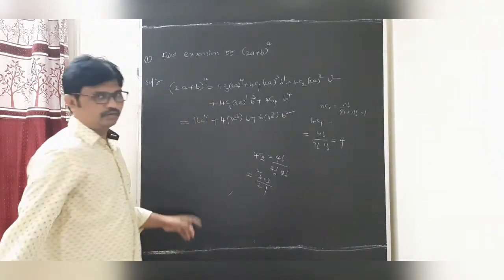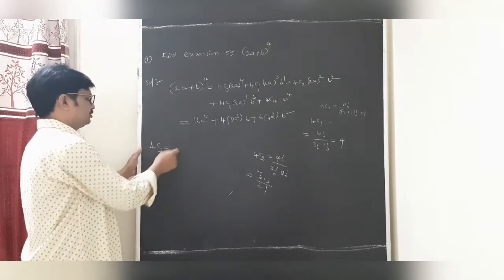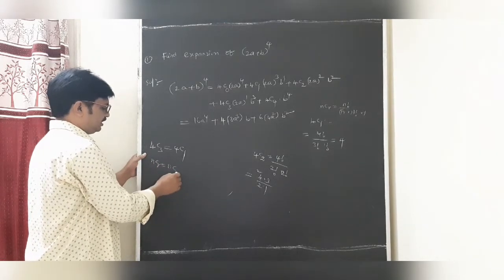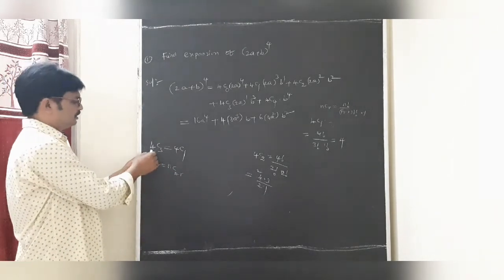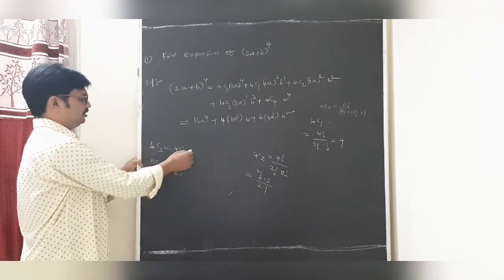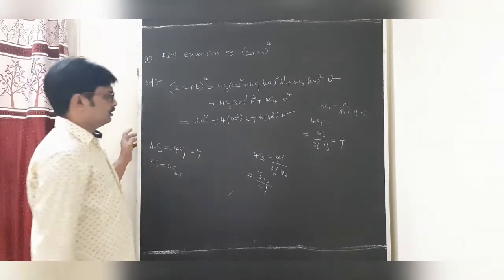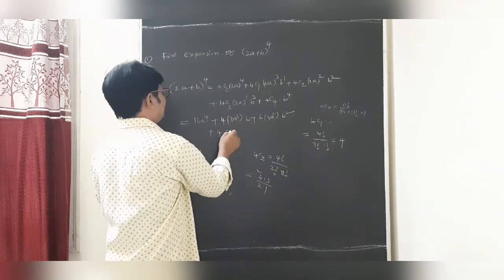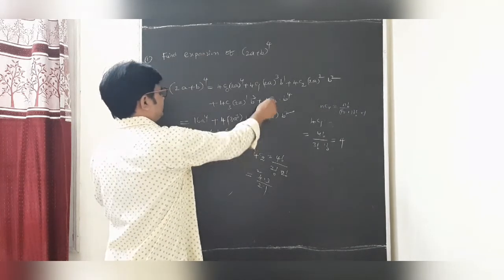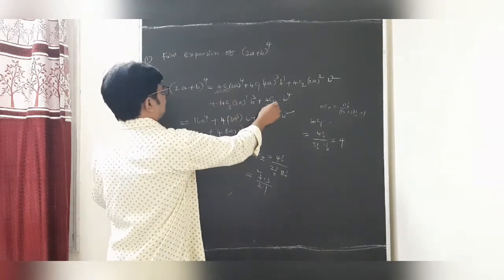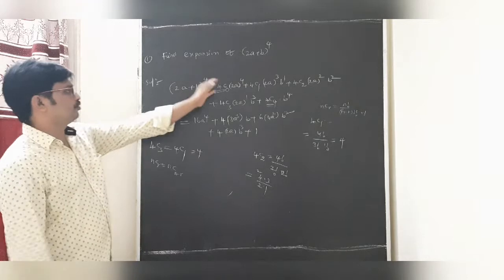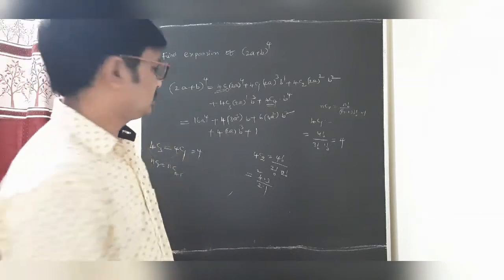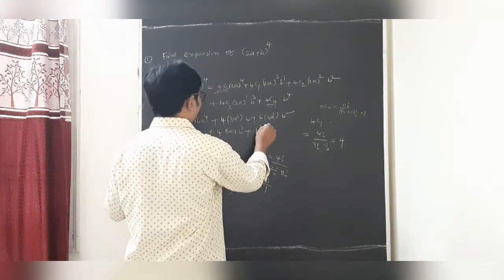Now 4C3 equal to, already I explained, nCr equal to nC(n minus r). So 4C3 equal to 4C1, 4 minus 3 is 1. 4C1 is also 4. So 4C3 is 4C1. Therefore 4 into 2a into b cube. 4C4 is 1. NC0, first and last coefficients are always 1. You can write up to 4C4. 4C5 is not defined, since n is always greater than or equal to r. So this is b power 4.